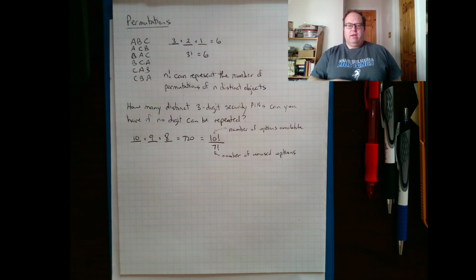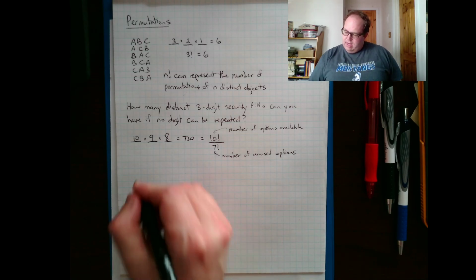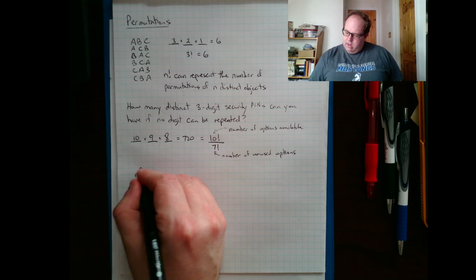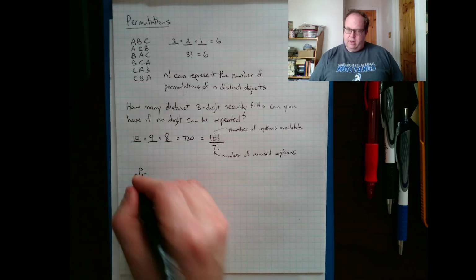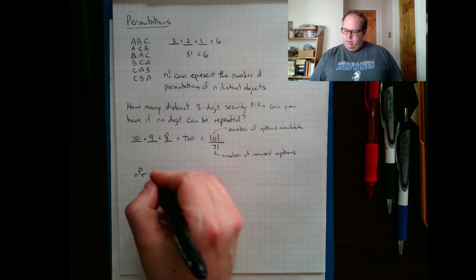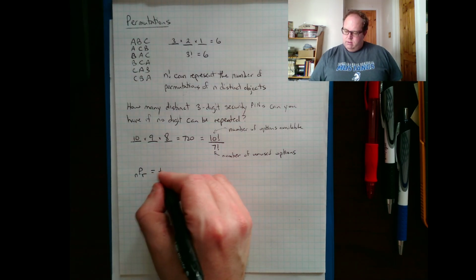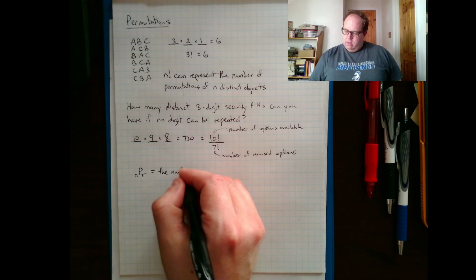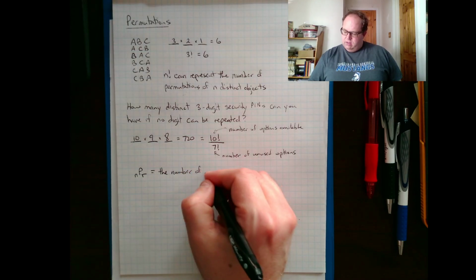And that lets us write a formula for permutations in general. And we shorten it as nPr. What this represents is the number of permutations